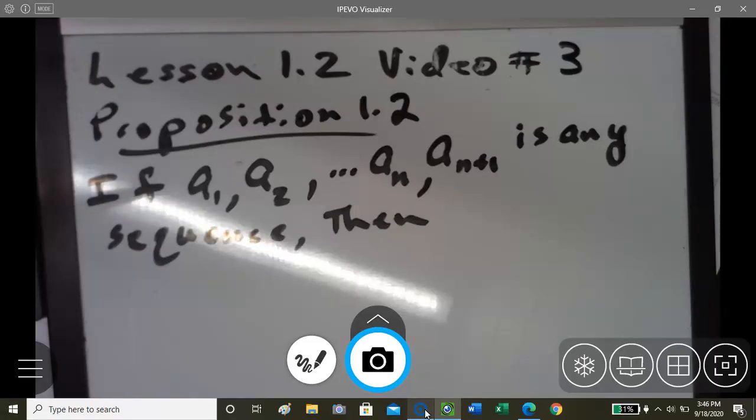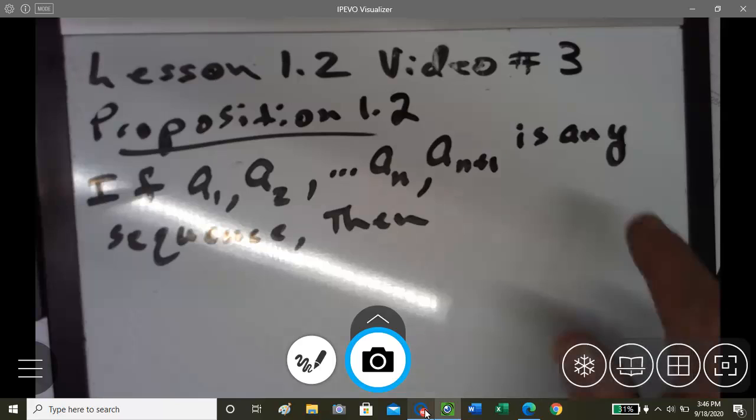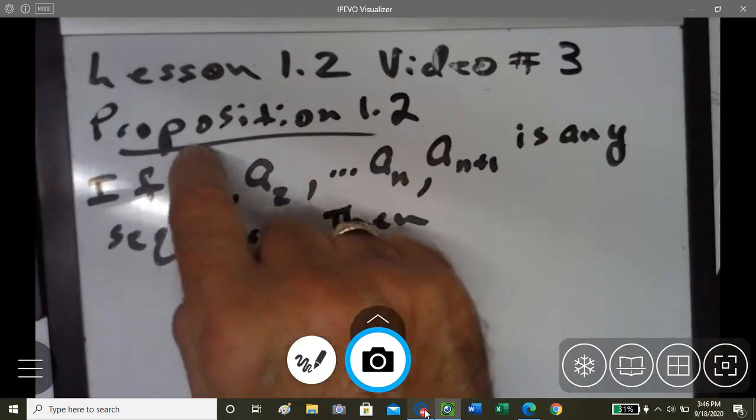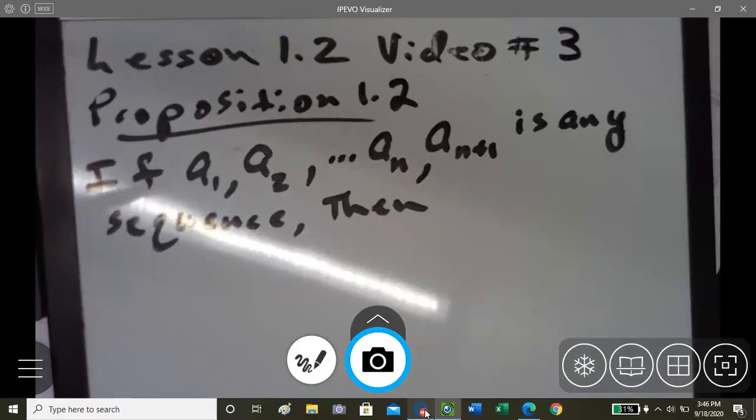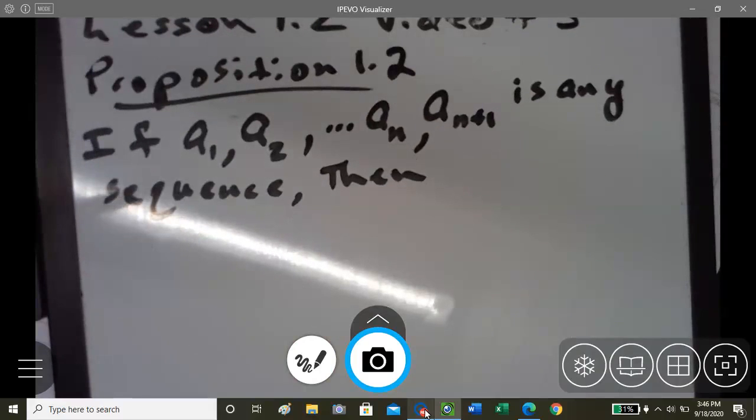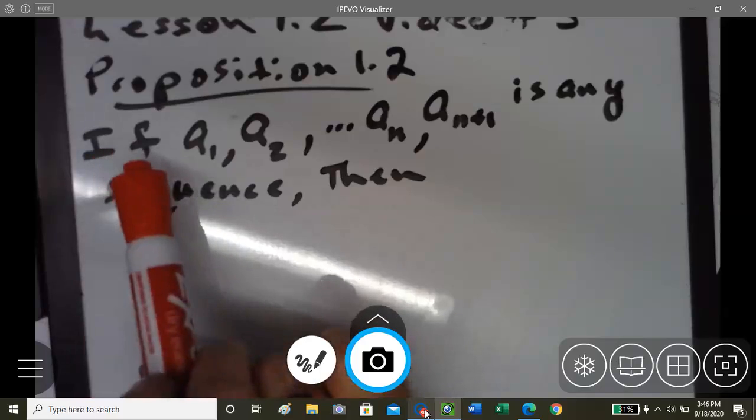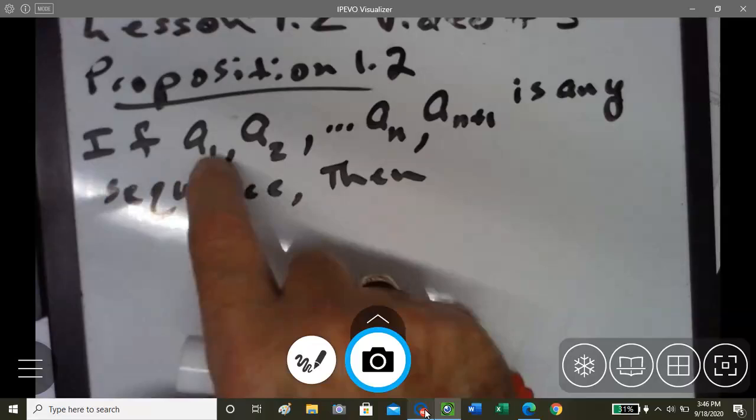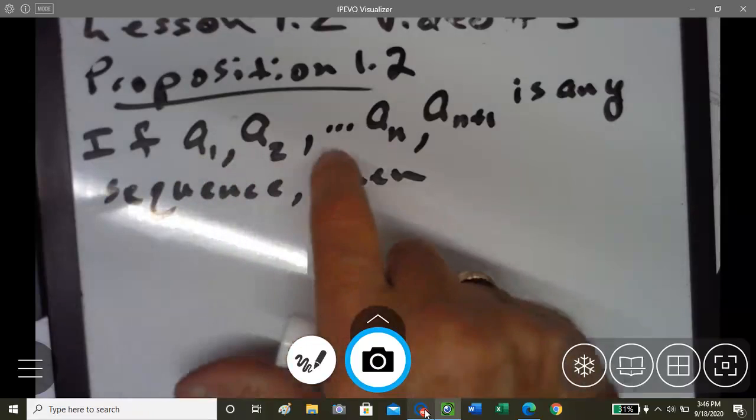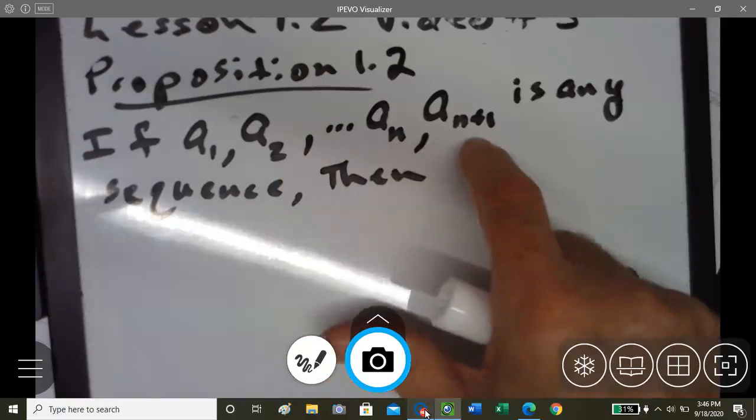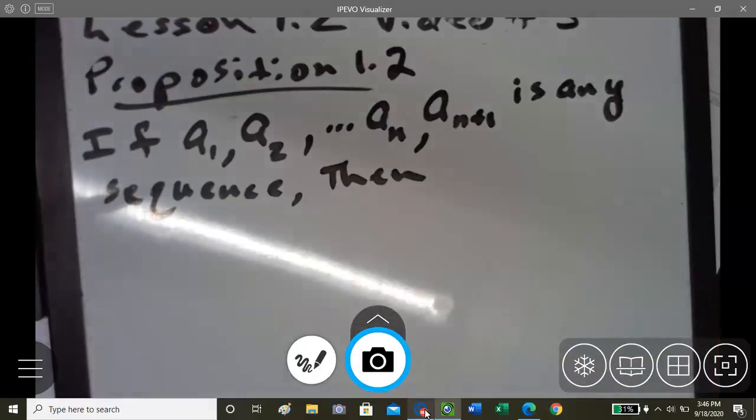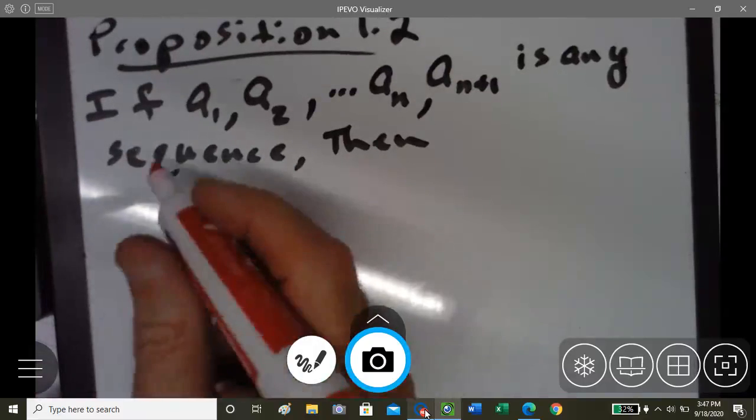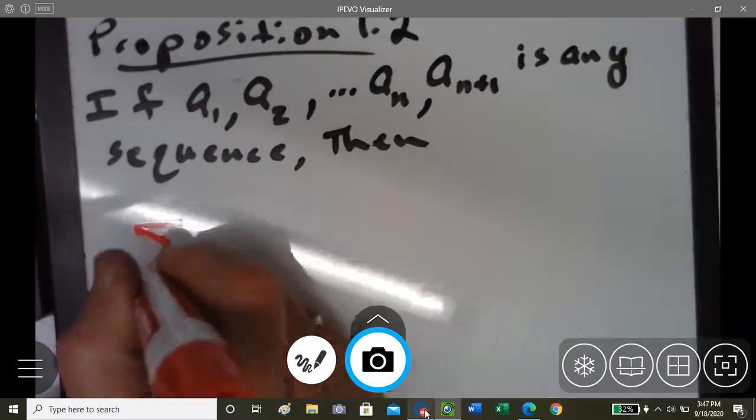Okay, this is lesson 1.2, video number 3, and we're working with proposition 1.2. Well, this kind of looks similar to 1.1. There are some similarities, but there's some differences too. If a sub 1, a sub 2, to a sub n plus 1 is any sequence, then 1.2 states that we can have